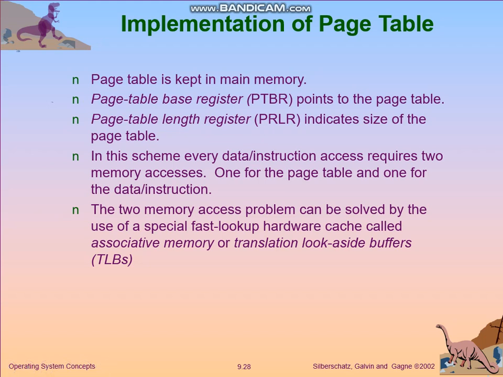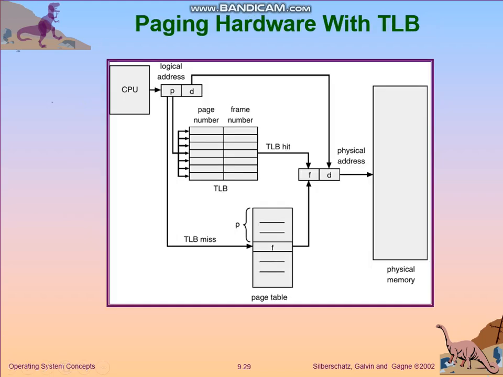Let us see how this works. This is a hardware implementation. First you have a logical address and then the physical address. You need to convert this logical address to a physical address to locate the pages, which are there in the form of frame numbers in the physical memory. As I've already told you, this page table will be there in the physical memory. If the CPU wants page 10, first it needs to look into the page table. The page table will tell you in which frame this page 10 is located. For that it needs two memory accesses. This will decrease the data transfer rate.